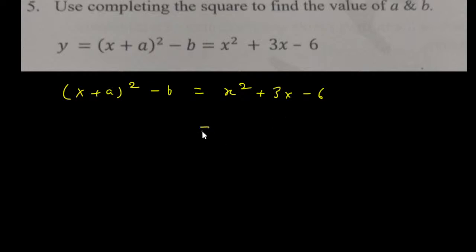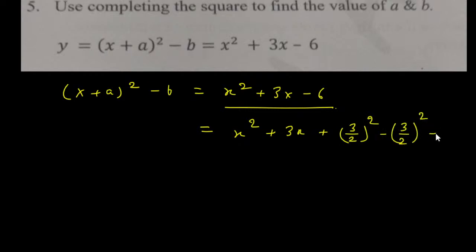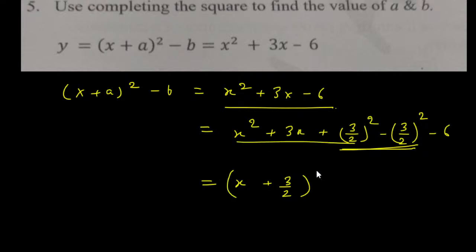So if you want to complete the square, what you do here is express this in the form of a completed square. Here x square is there, 3x is there. So what you need to do here is add 3 divided by 2 the whole square. As you are adding, you subtract the same thing, so this will not change the expression. The first three terms form a perfect square, so it is x plus 3 by 2 the whole square, and then minus 9 divided by 4